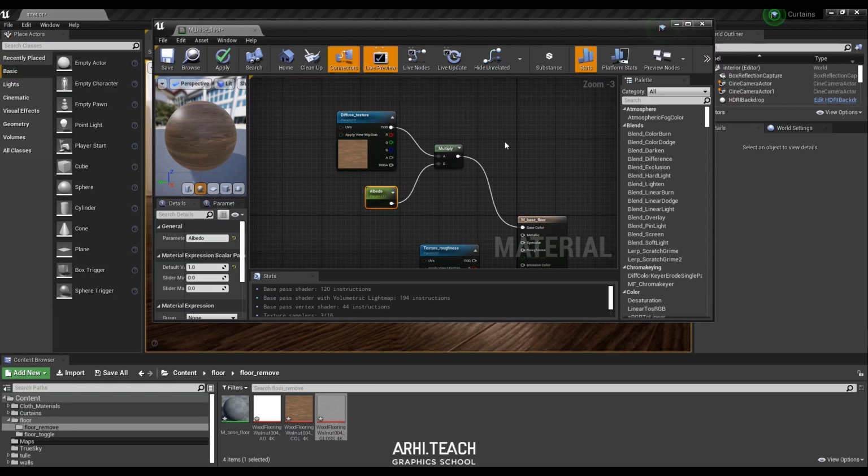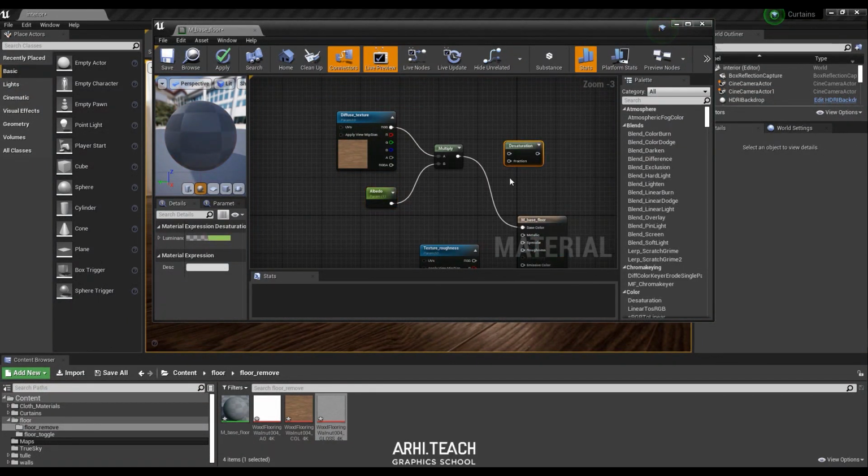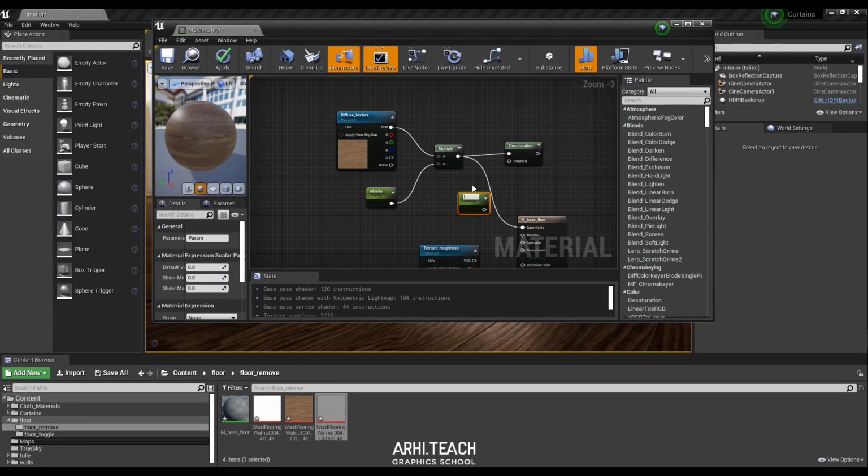Next, when we increase the lightness of the textures, they become more saturated. That is, the saturation is increased. To compensate for this, I create a desaturation node. I connect indicator A in multiply coherently and hold down S and click the left button. This will be a controllable parameter, and it will desaturate or control the saturation of the light. Therefore, I type in saturation texture. Now we attach it to fraction and connect this branch to base color.